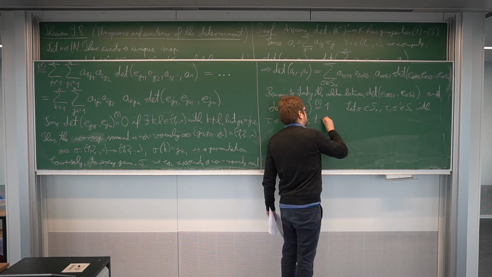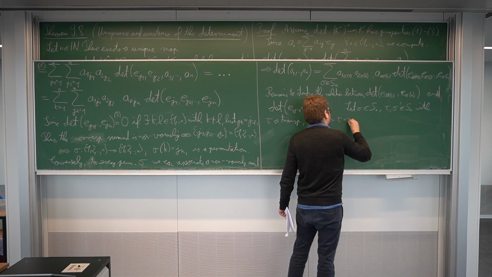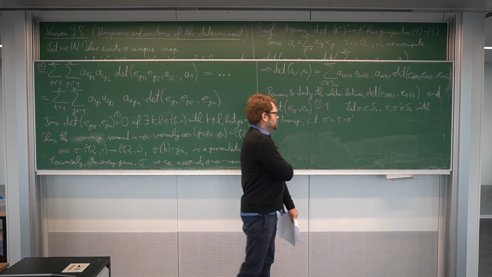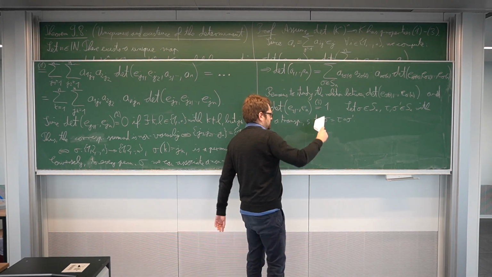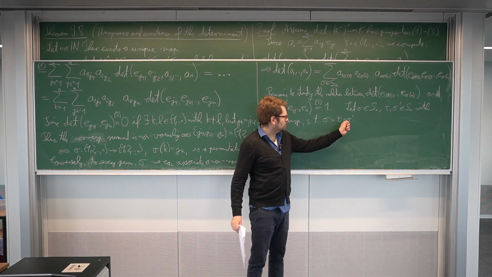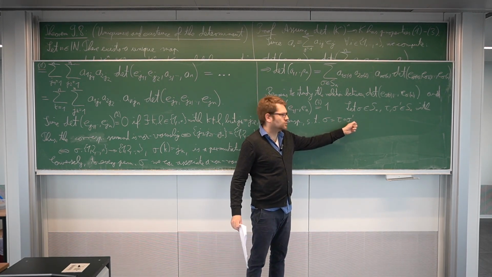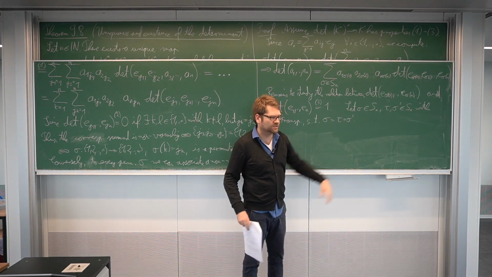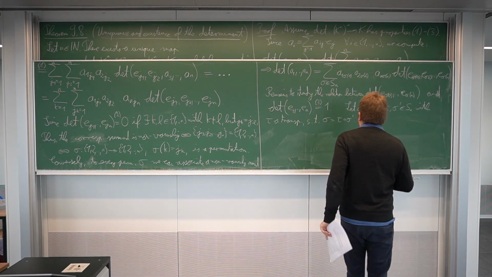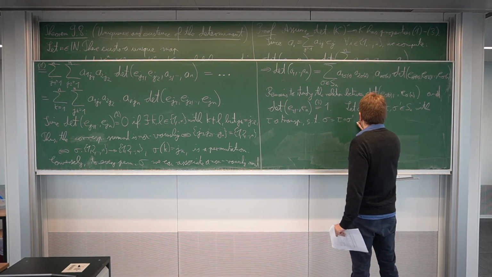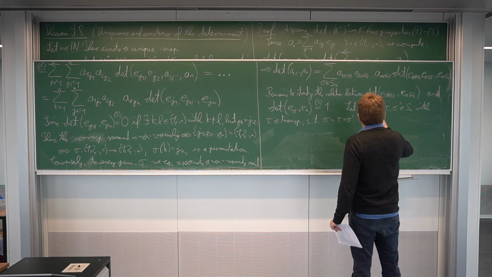Such that sigma is tau composed with sigma prime. So we have seen sigma is a composition of transpositions, so we can always find one transposition and then some rest, and we could further decompose this into transpositions. But just for what I want to show now, we have these transpositions. Then the